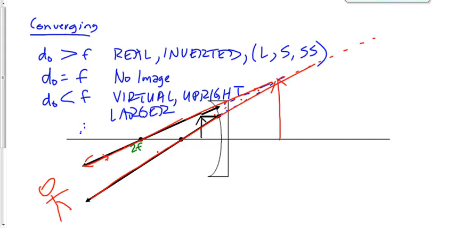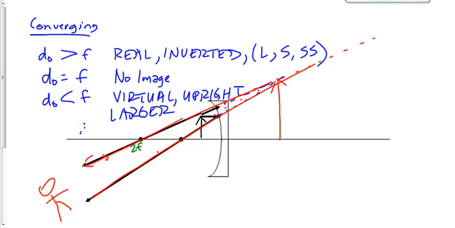Again, regardless of whether you're talking about the lens or the mirror, so far we're talking about a converging lens, a converging mirror. It doesn't matter which we've got, the characteristics are the same. The one thing that's different about the lens and the mirror, besides obviously how it works, refracting versus reflecting, is